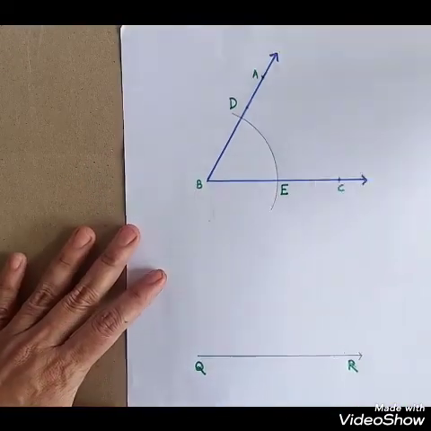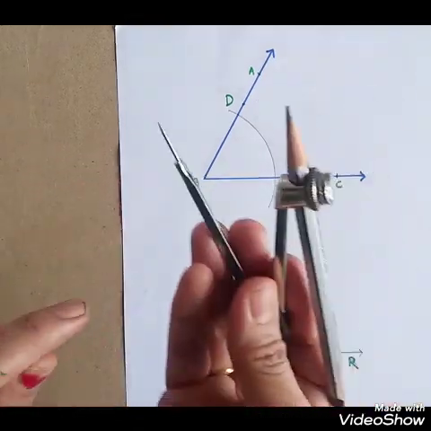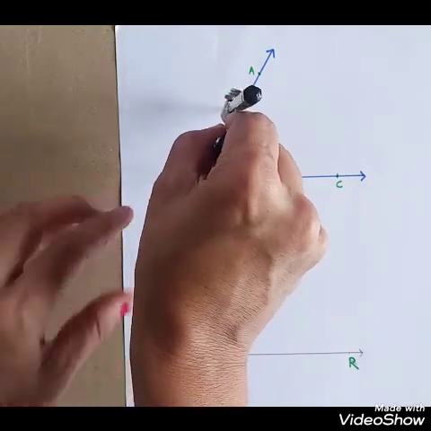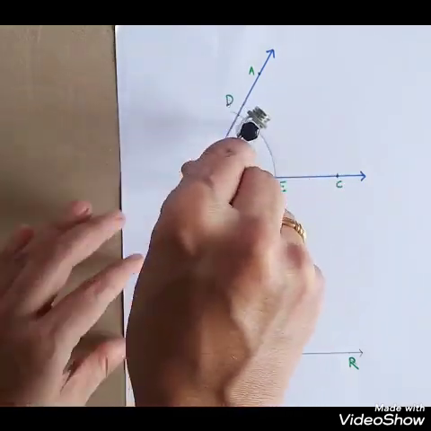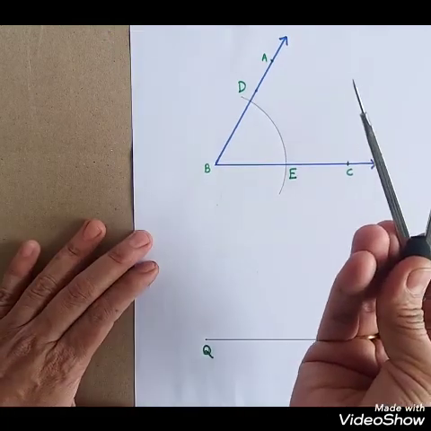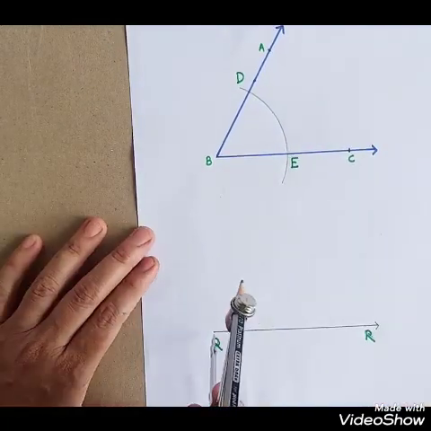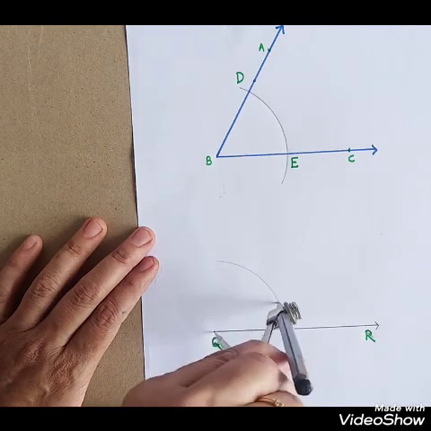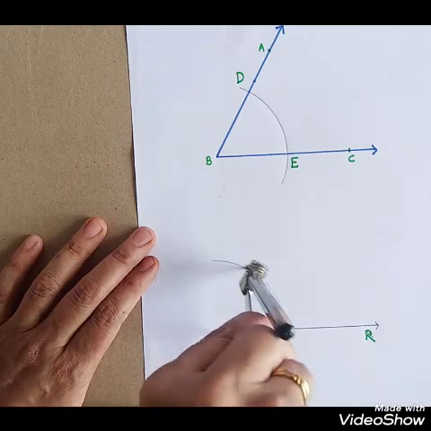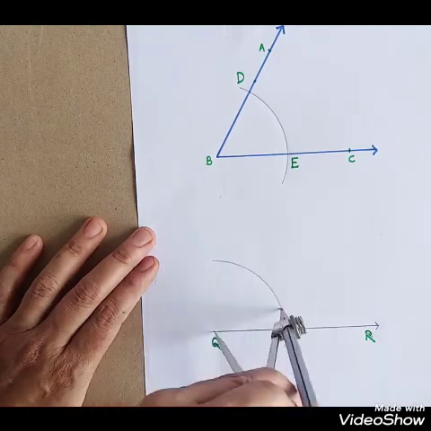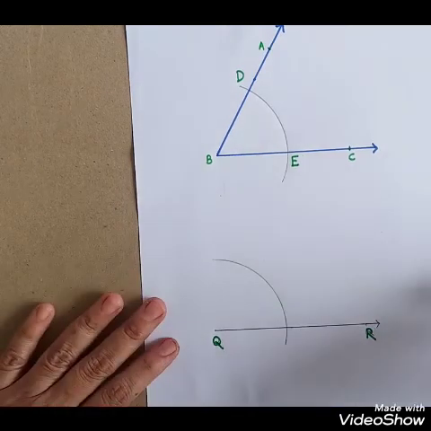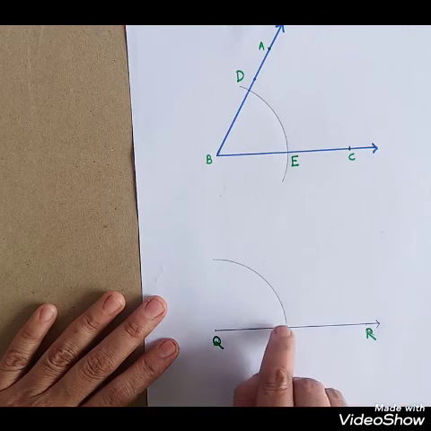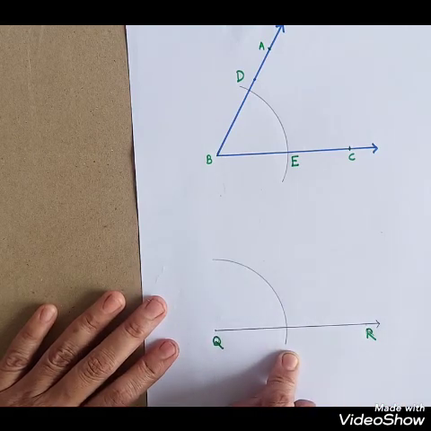Now again keeping the same distance, बघा आपण हा जो आर्क काढलेला आहे, हा आर्क काढताना आपण जे अंतर या दोन्हीमध्ये ठेवलेलं होतं तेच अंतर आपण सेम ठेवणार आहोत. अँड लेट द पॉइंट ऑफ द कंपास ॲट पॉइंट Q अँड ड्रॉ अन आर्क विच कट द रे QR. अंतर समान ठेवून रे QR ला कट होईल अशा ठिकाणी आपण इथे एक आर्क काढलेला आहे.